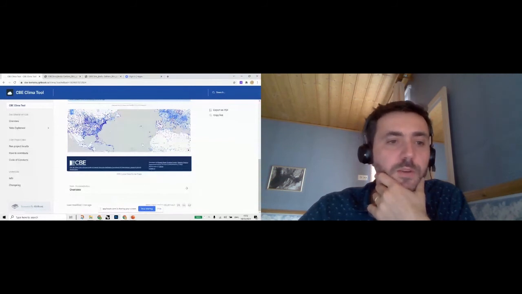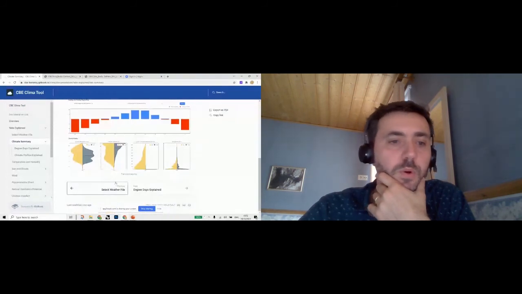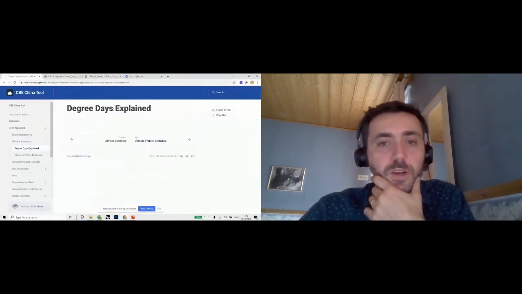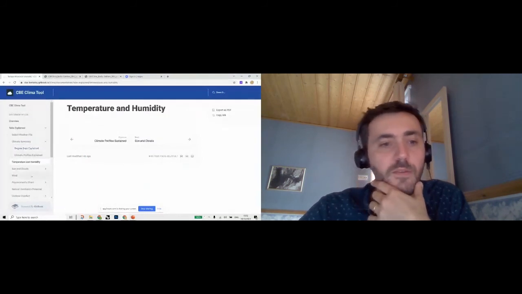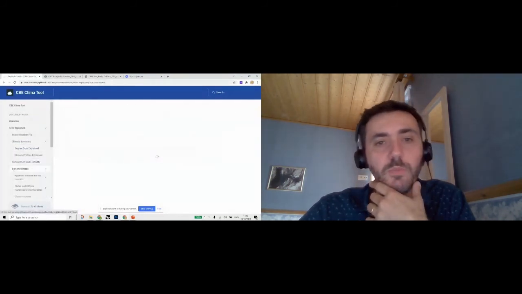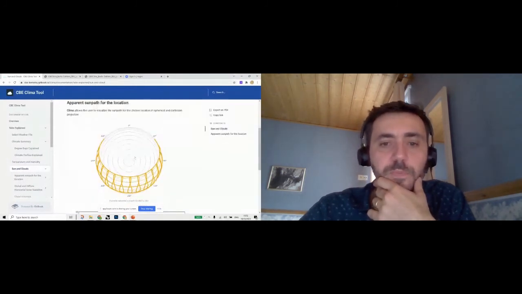How do you select a weather file? What is in the climate summary? What things mean? We're going to write an explanation for the degree days. This is still very much work in progress. Some parts are further ahead than others, but